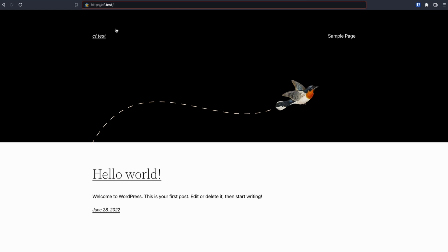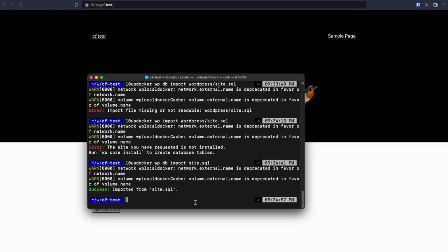So we go back to the terminal, and we need to do one last command. 10up Docker, wp, search-replace. And then we're going to search for https://codefallacy.com, and we're going to replace it with